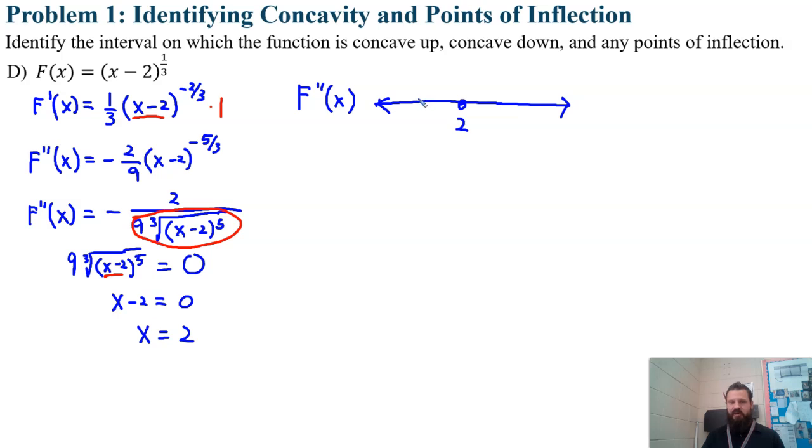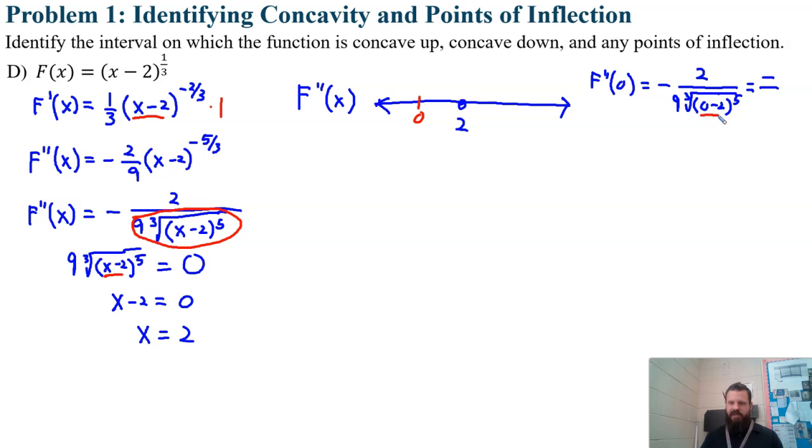Easiest value I can think of here is we could just do a 0 and see what happens with that. We'll look at f double prime of 0, which would be negative 2 over 9 times the third root of 0 minus 2 to the 5th. And that's kind of a mess, but really what I'm worried about is just the sign of this function. Okay, is it positive or negative? So let's say this negative goes along with a 2. We'll throw that up top. And then for the bottom,